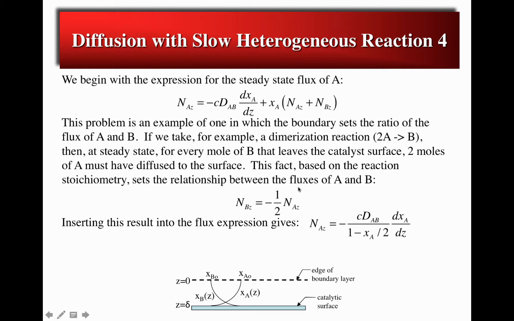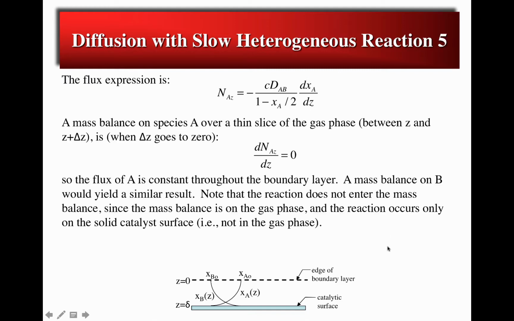And so at steady state, the flux of B is minus 1/2 the flux of A. We can introduce this into our expression for the flux to get the net flux of A at steady state